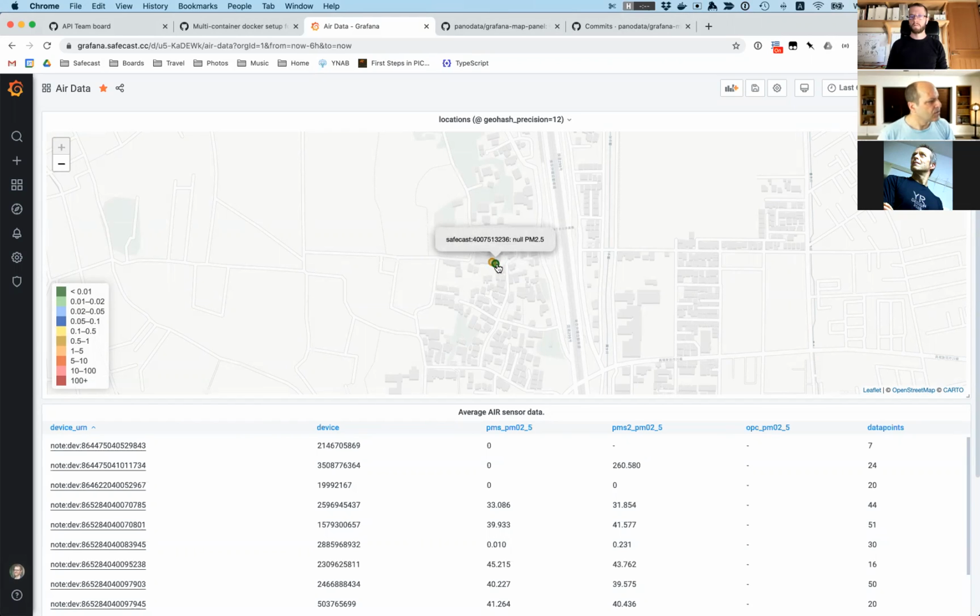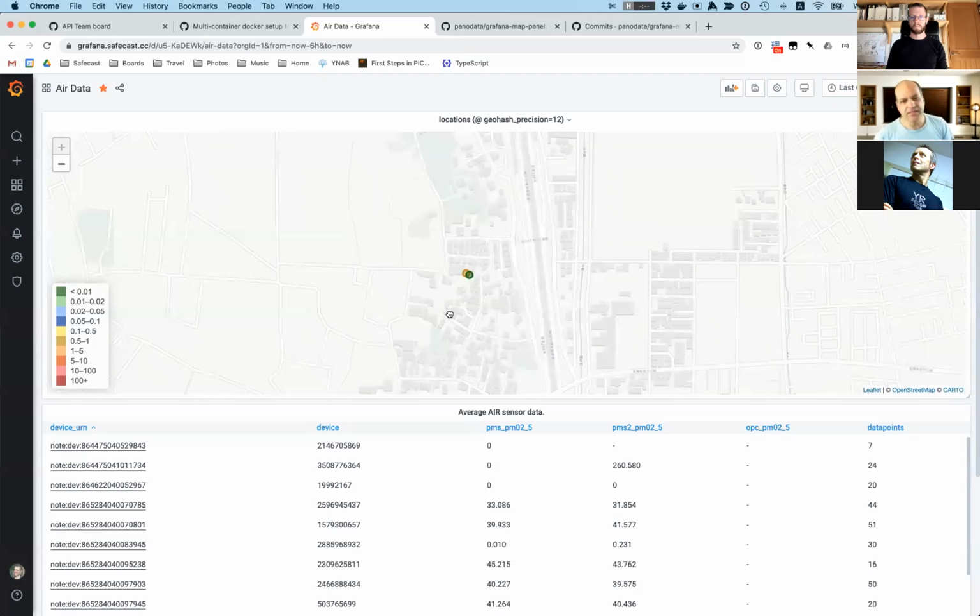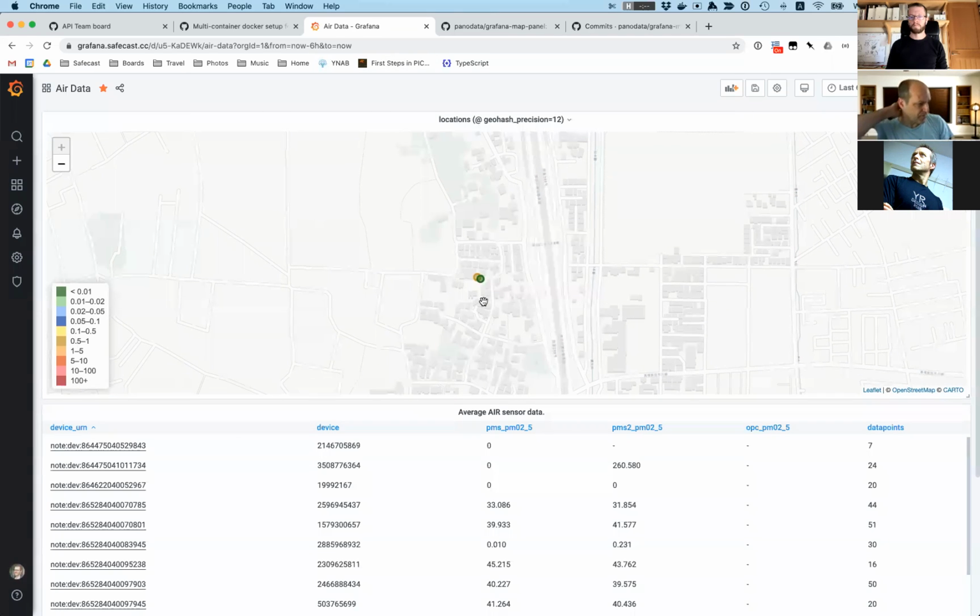I think there are different ways. If I was using it, I would go from the tracker. But that's not public facing. That's not something somebody who's interested in the readings in their neighborhood would do. That's true. Yeah. I just hit back on my browser, and I'm back to 15-minute time scale and whole world